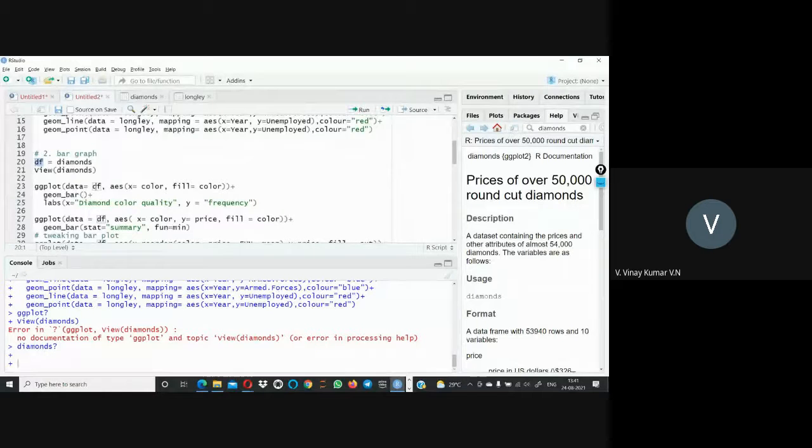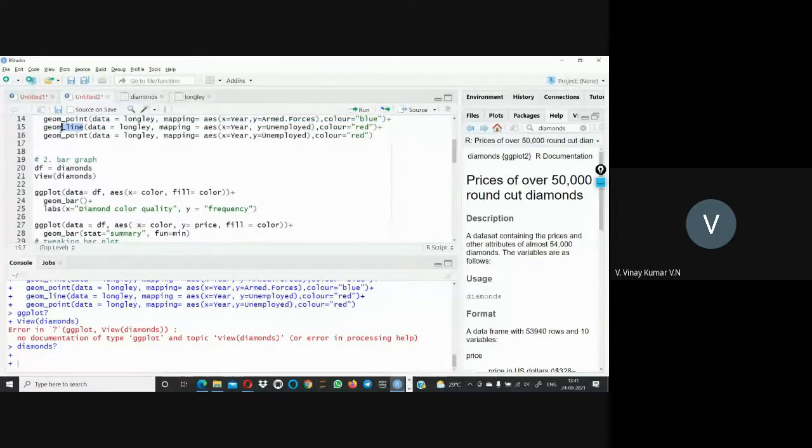So data equals df, and mapping, you can use it or not. Here I'm using the aesthetics where x should be the color of the diamond, and fill color. Within each color where the diamond exists, I need a fill color. Then plus geom_bar, as I mentioned. If you want to generate a line graph, geom_line.